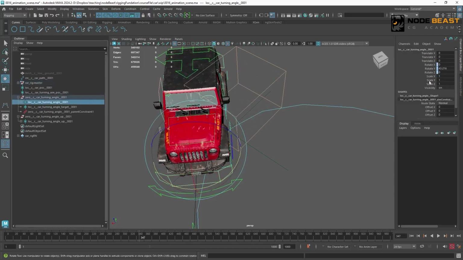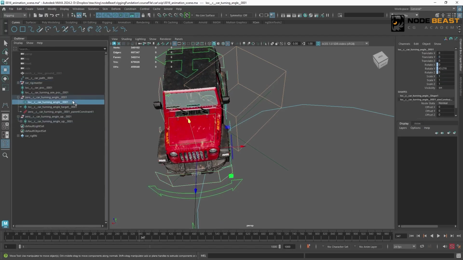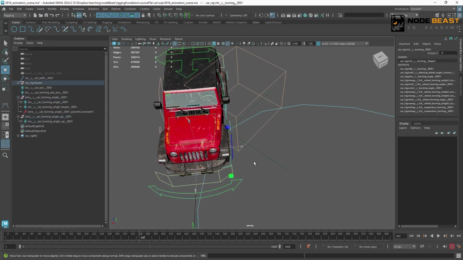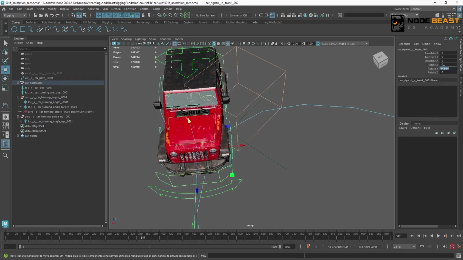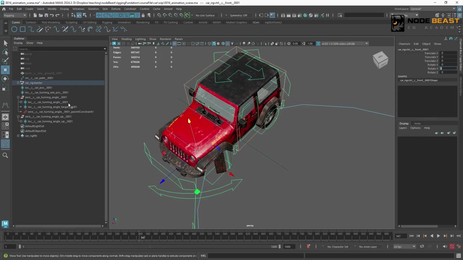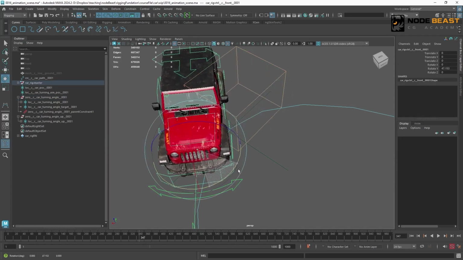this locator, because it moves with the cog, it's at the same level as the front controller. So it won't be affected by the front controller. It's still 43 point something degrees here. But the group above the steering controller has become negative 1 point something degrees here. This is the difference between them. So next, we can use this angle to drive the rotation of the front controller to achieve the drifting effect.